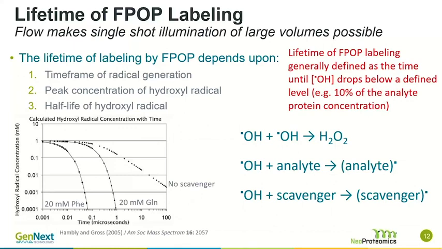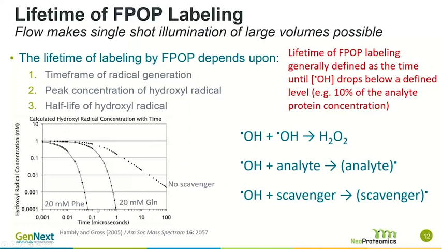Okay, other small molecules whose main job is just to react with hydroxyl radicals to keep this lifetime limited. The most commonly used scavenger is glutamine, but you can actually use anything you want, but you have to keep in mind the concentration that you're using and the inherent reactivity of your scavenger and the hydroxyl radical. 20 millimolar glutamine is nice because it limits the half-life of the radical to right around 1 microsecond, which is